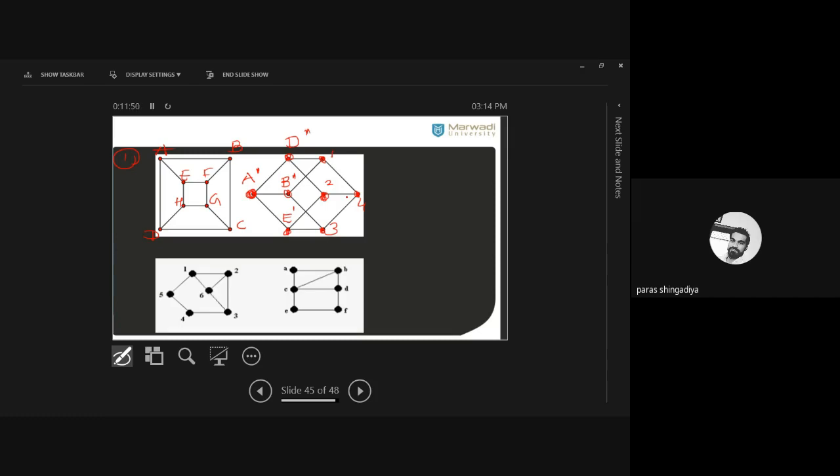If I put here, then it is also adjacent with D dash, B dash. Clear? And that is given in the first graph here. Okay. So let's put C dash at the place of 1. That is the place of C dash. And now the remaining 3 vertices are G, F and H. Which will be the place of F? This one. Okay. Because B dash is adjacent with A, C and F. Clear? So this vertex is remaining to mention the B connection. Okay. So B dash is connected to F dash and now 2 more vertices remain.